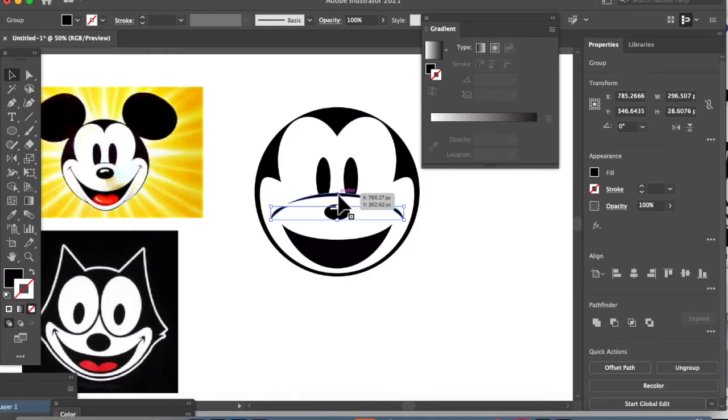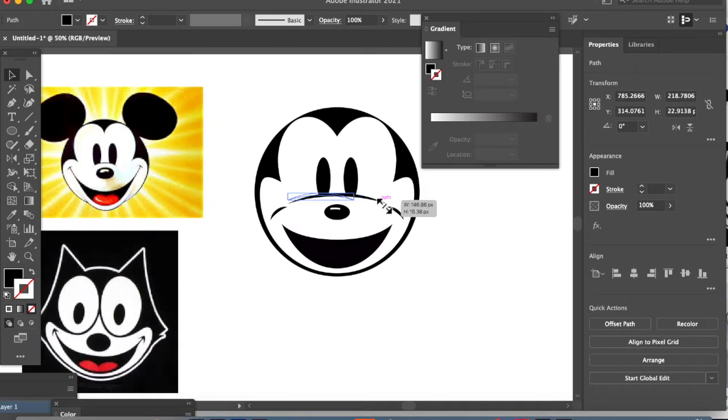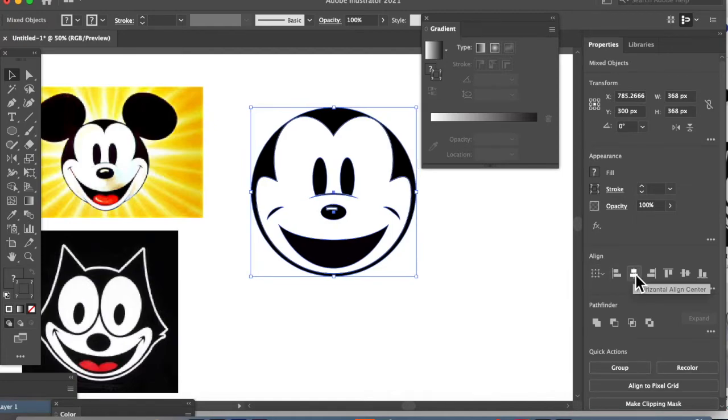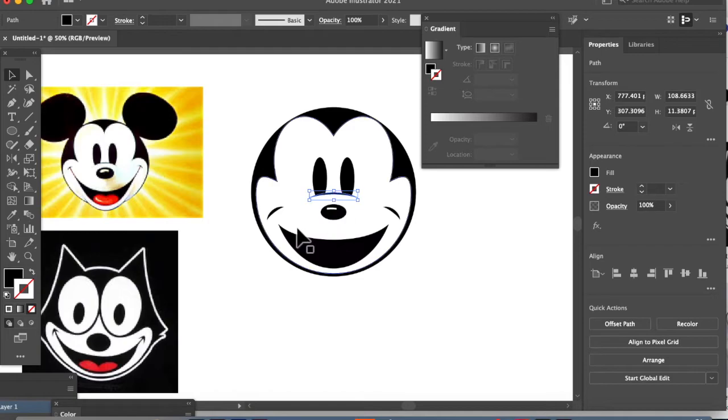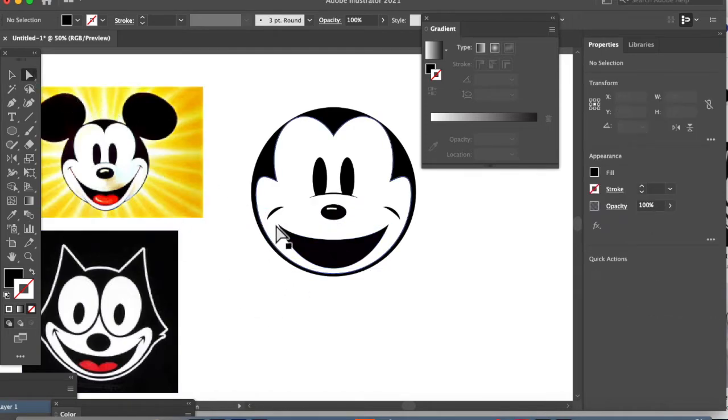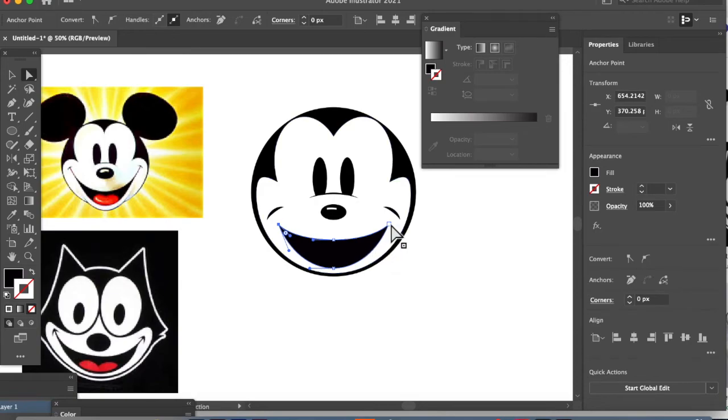And this piece right here is just way too big. So let's make this a lot smaller. And let's just see what happens when I recenter this all. All right, that's a little bit better. I might need to nudge that just up. There you go. All right, these ends of Mickey's mouth, I'm going to select one, and I'm going to shift-click the other. And I'm just going to hit the up arrow until I get these to kind of touch or near